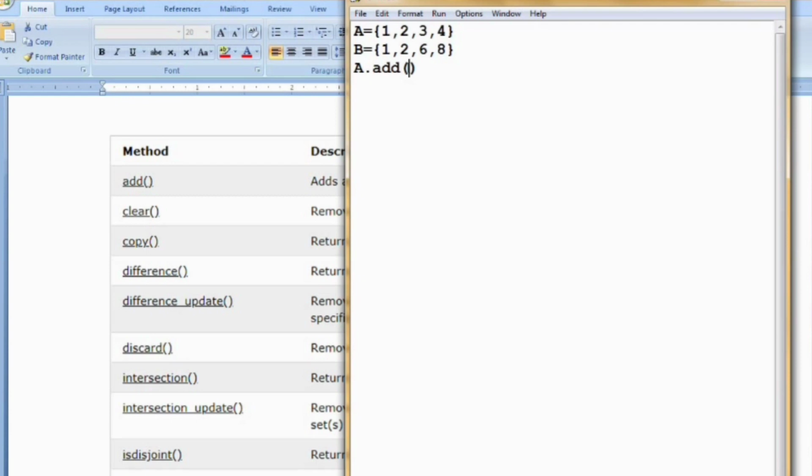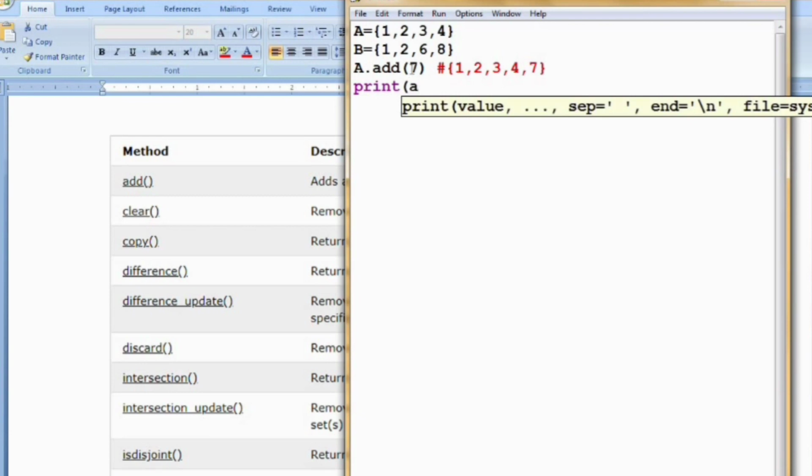Inside these round brackets I can give any element. Note that you can give only one element at a time. So the set will add the element 4 to set A, but 4 is already present in A, so it will not add anything to set A. So I am adding 7 to set A. The output will be like this while printing A.